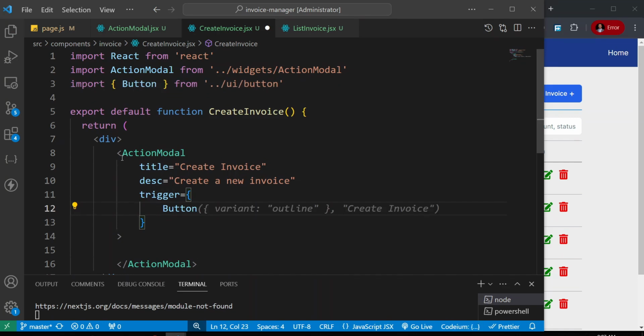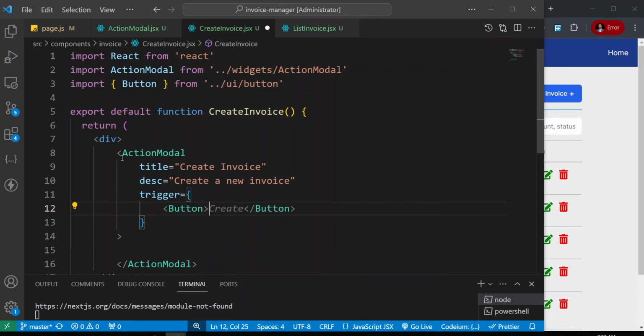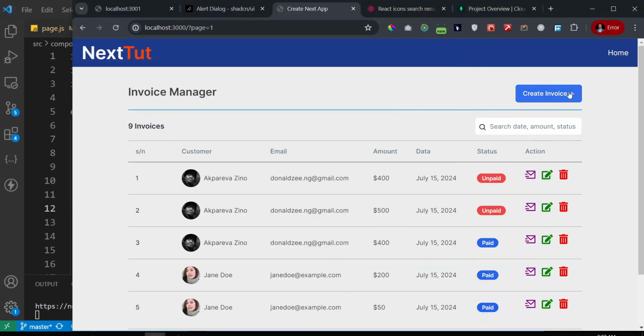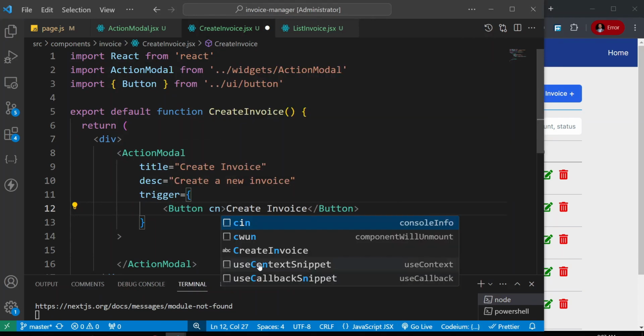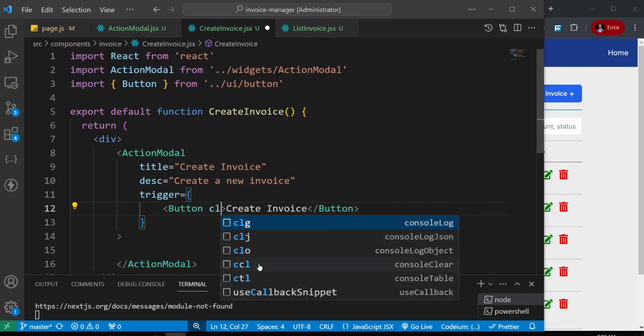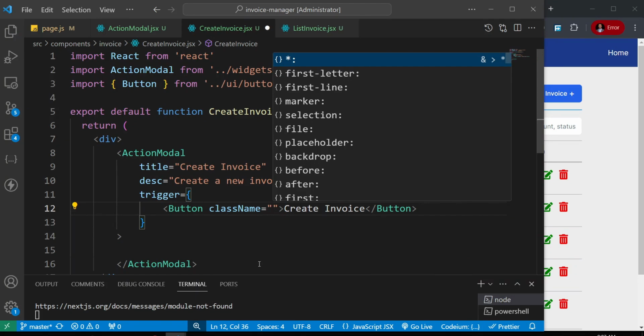Okay, I don't know why it's not working, let me just do it like this and say button and close that. Aha. So now the button will say create invoice. Not just create invoice, right? Because aside from the create invoice, we have this plus icon. So what we're going to do is in this button, we're going to say we want it to have a class name,